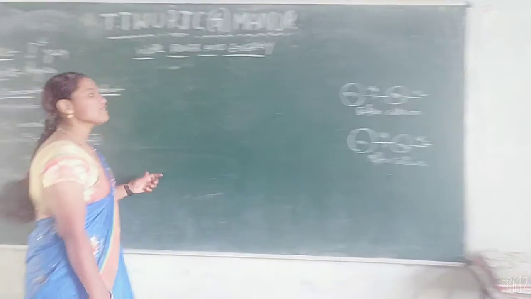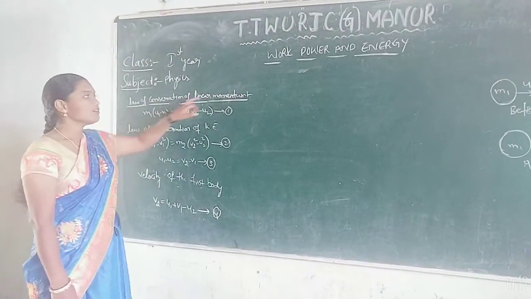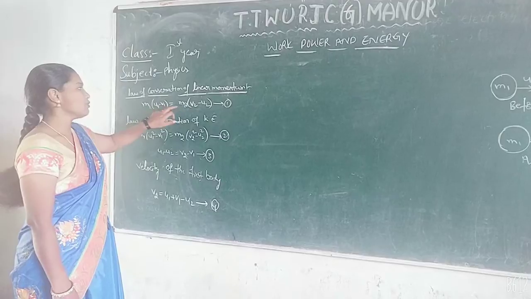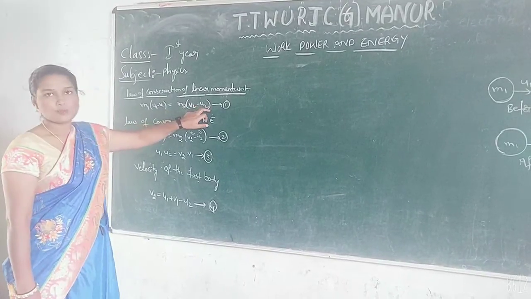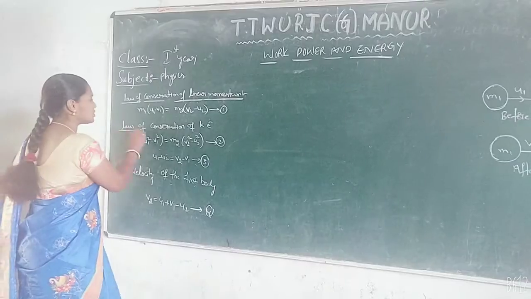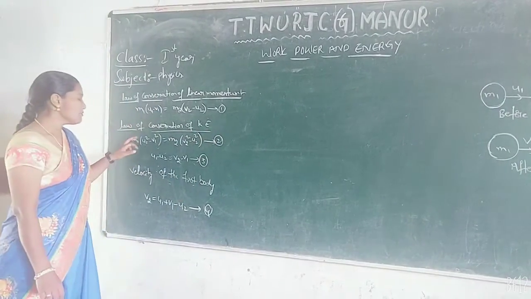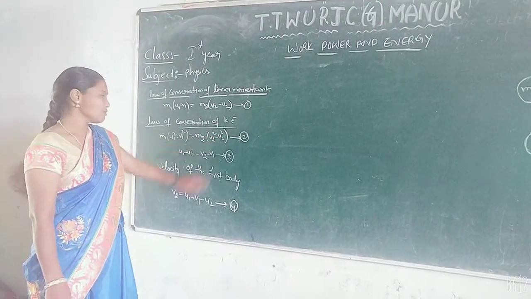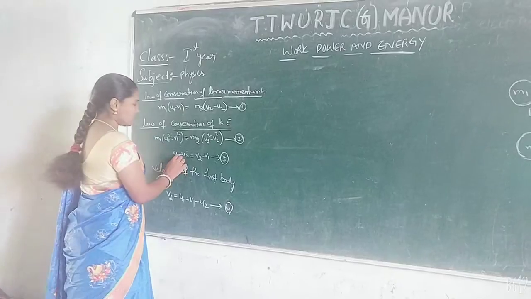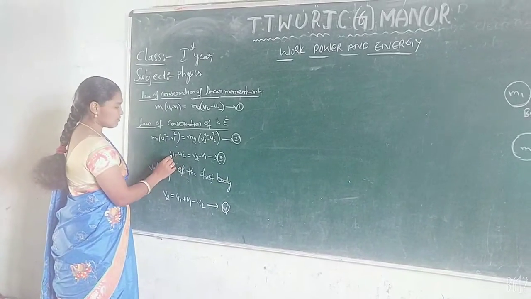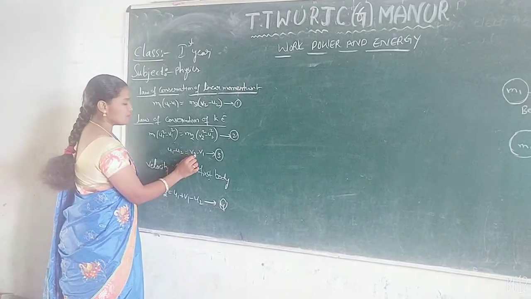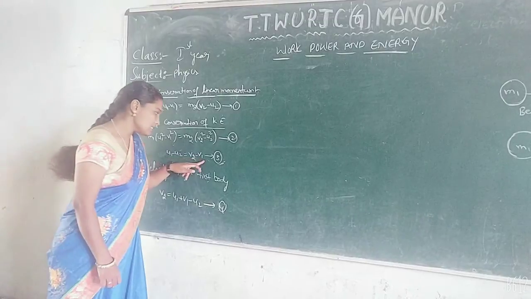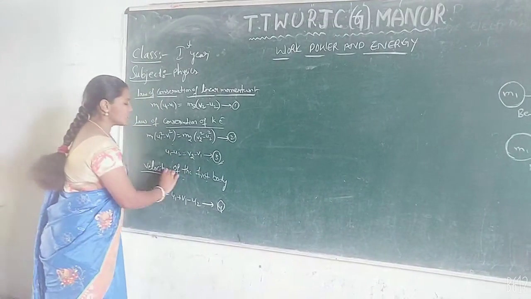In the last class we derived that according to the law of conservation of momentum, we got equation 1 as m1 into (u1 minus v1) is equal to m2 into (v2 minus u2). And with the help of the law of conservation of kinetic energy, we got the equation m1 into (u1 square minus v1 square) is equal to m2 into (v2 square minus u2 square). So if you cancel these equations, the equation becomes u1 minus u2 is equal to v2 minus v1. This we got in the last class. So by using this equation we can find the velocity of the first body.